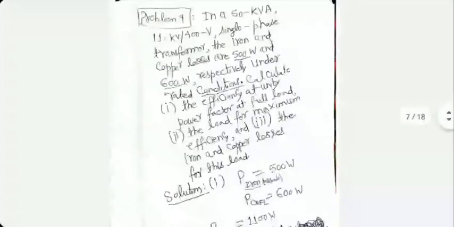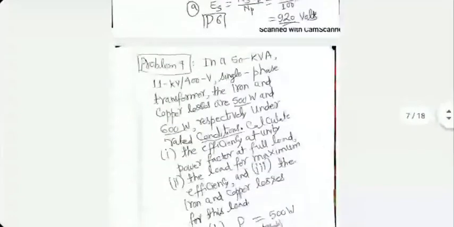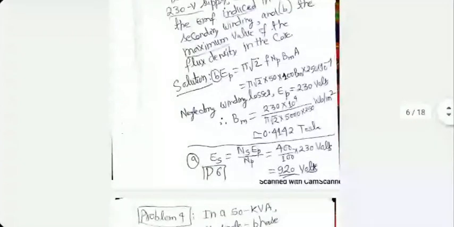I have done part B first. Part A is very simple anyway. It is simply the turns ratio that would come into the picture. It's a lossless case, and it's a step-up transformer, so you multiply the input EMF by 4 to get the output EMF.